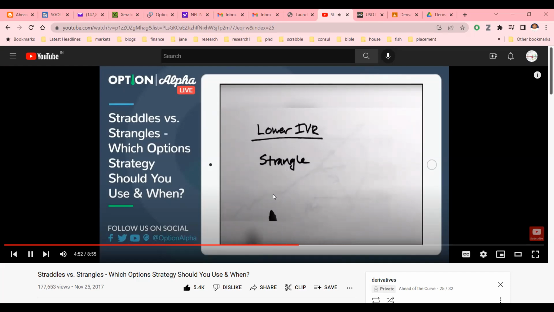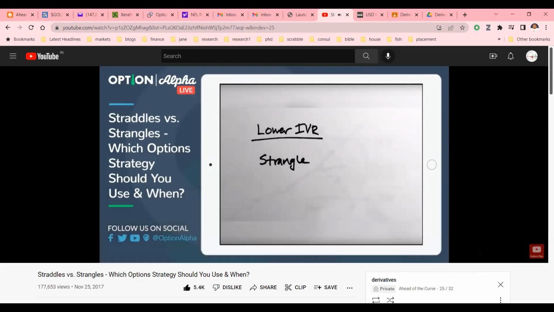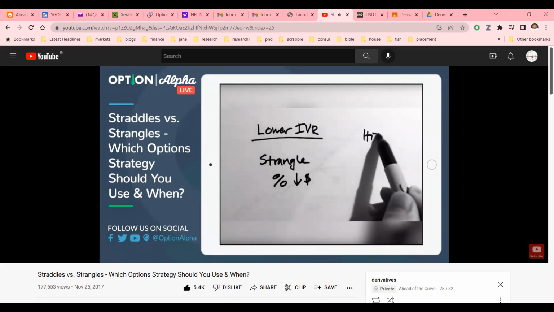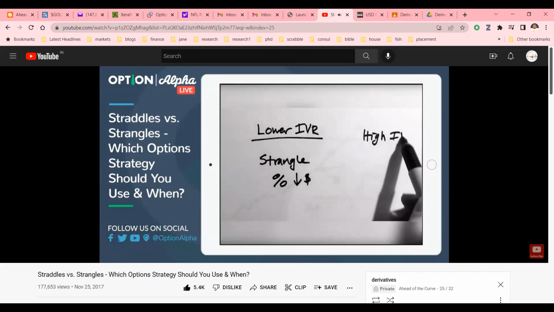So you can go with the strangle. You can go a little bit further out. You want to maximize your probability of success, and in exchange, you're going to give up a little bit of the premium that you could collect, but that's okay. When there's higher IVR, or higher implied volatility rank in the market, higher implied volatility across the board,